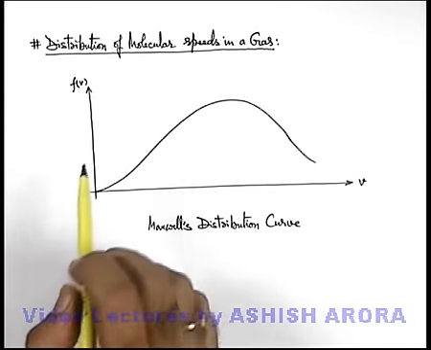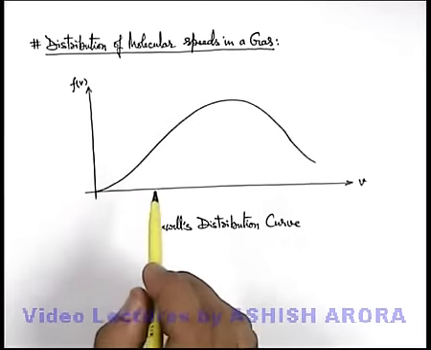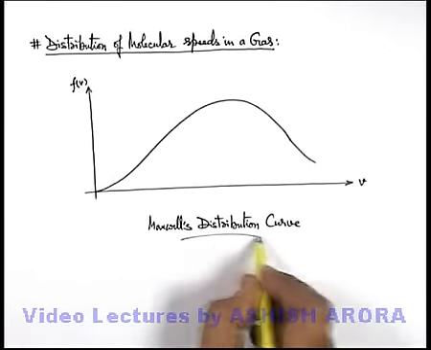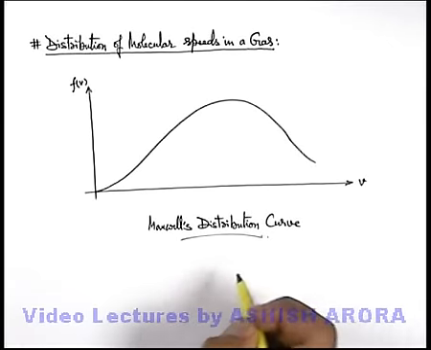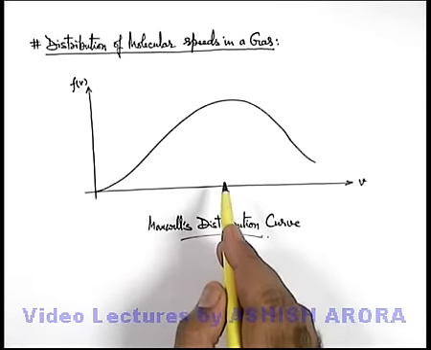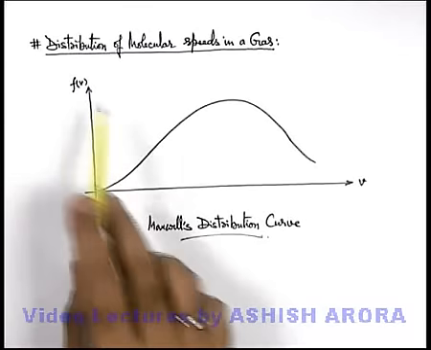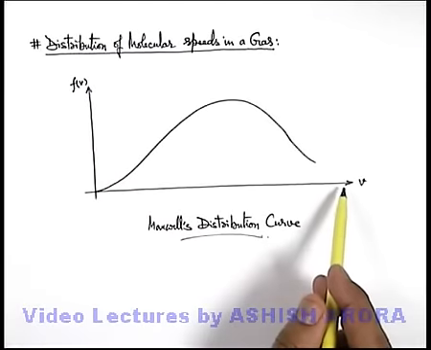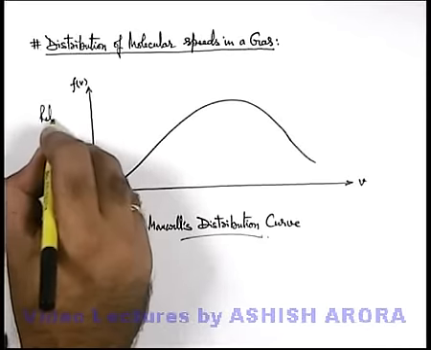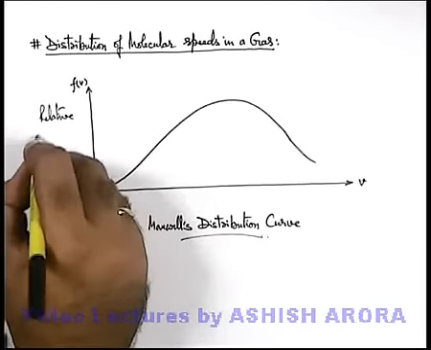Now let's discuss the distribution of molecular speeds in a gas. This is a curve which was given by Maxwell. That's why it's known as the Maxwellian distribution curve. This curve was actually plotted between a function and the speed of gas molecules. And this is a function which gives a relative number of molecules